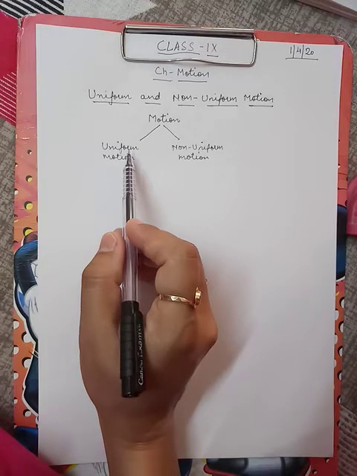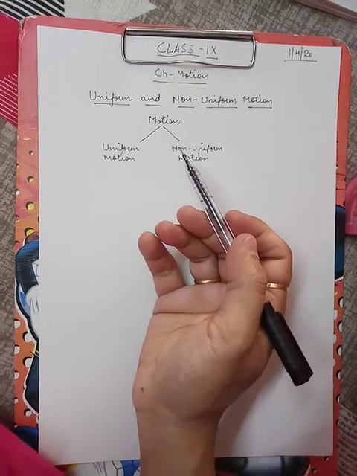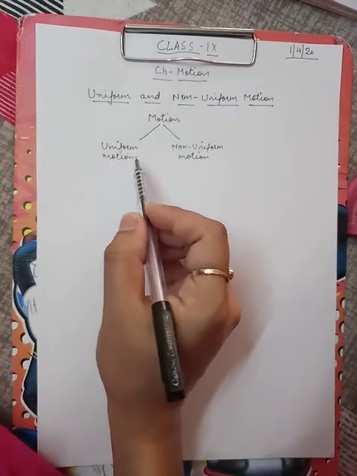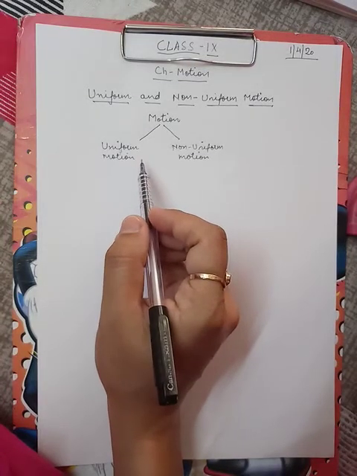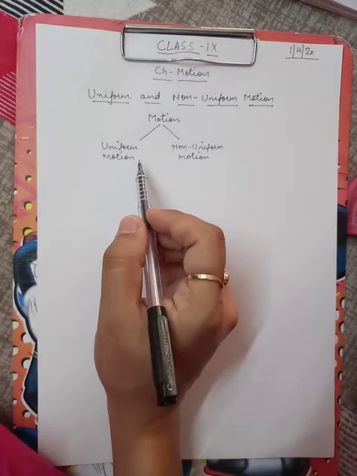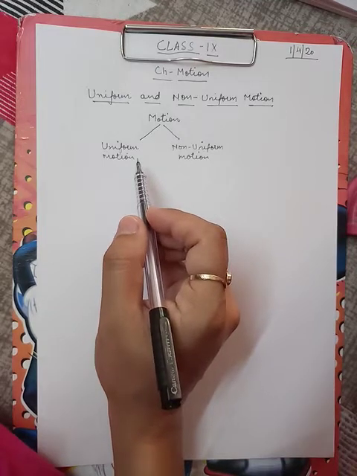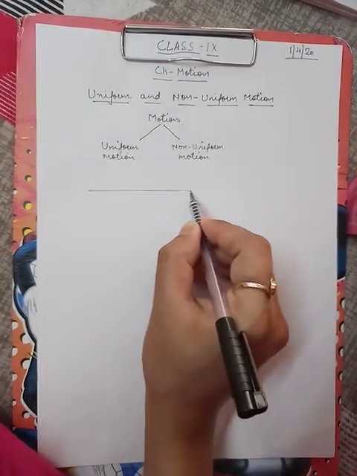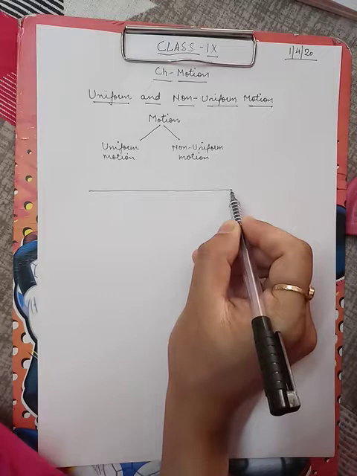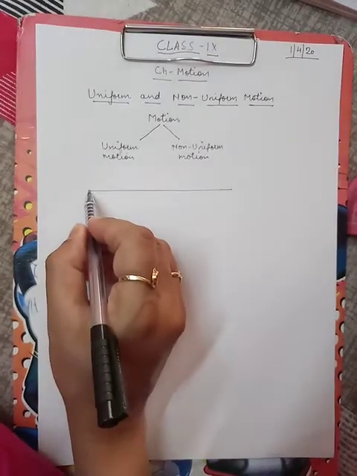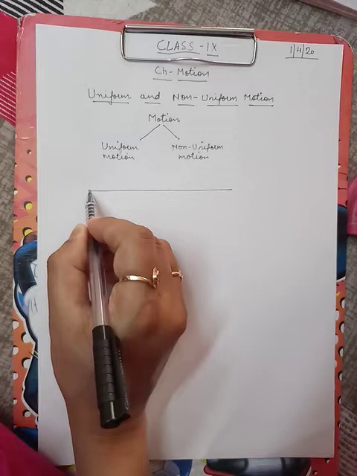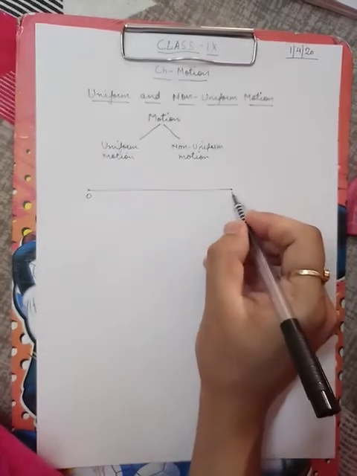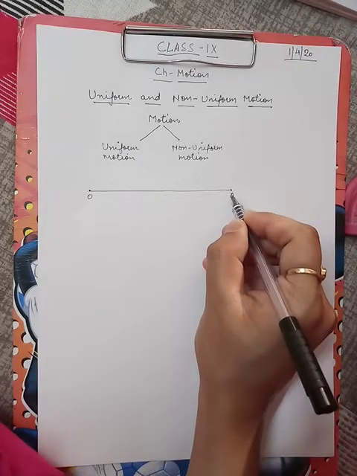Uniform means constant, same, similar. So uniform motion means a motion in which something is constant, something is equal or same, right? So let's take an example to understand uniform motion, as we have taken in the previous lecture also. Suppose this is a straight line where the object has to move. The object is moving from one point to another point. Suppose this is the starting point or reference point O, and this is the reaching point or final point, that